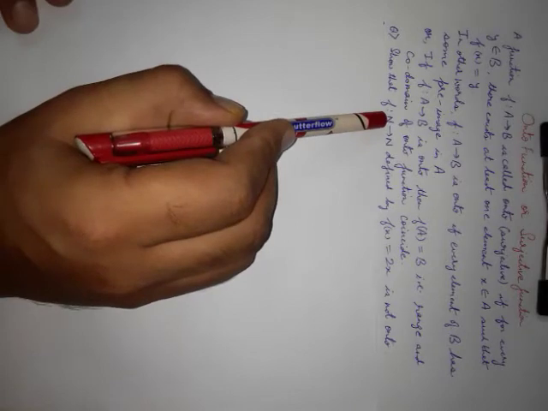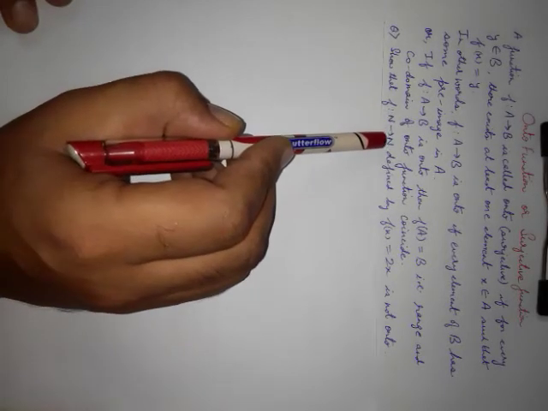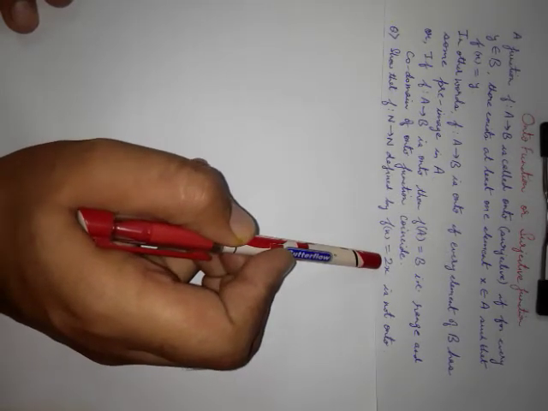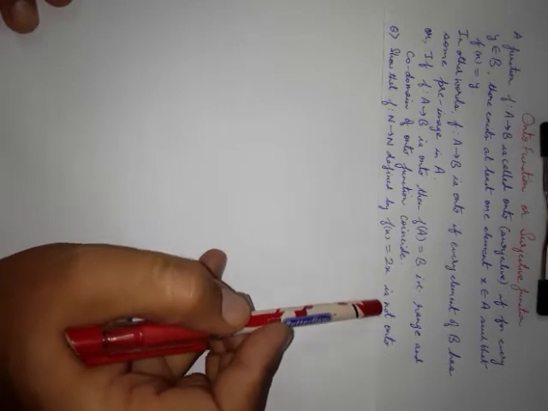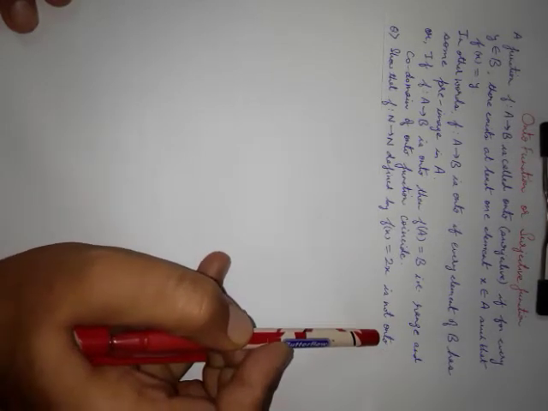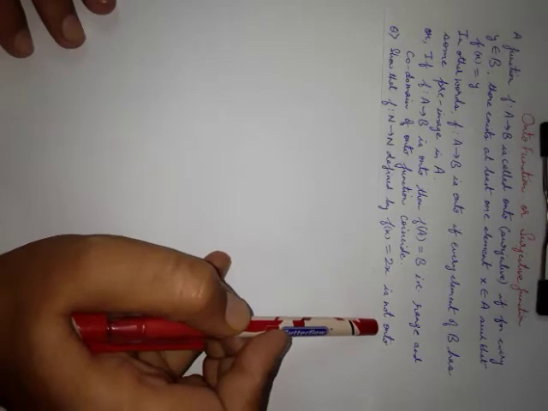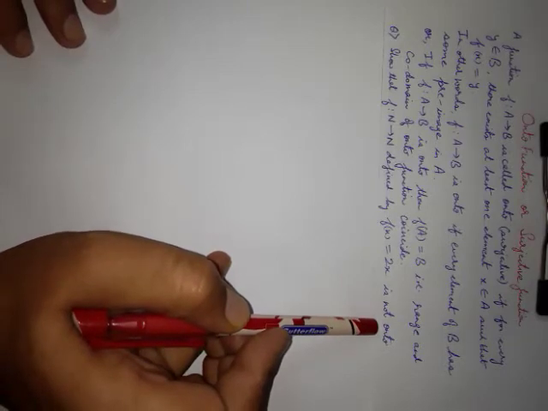Now we will take some examples and check whether they are onto or not. Suppose we take a function from N, the set of natural numbers, to N defined by f of x is equal to 2x, and we want to show that it is not onto. Students, always remember that whenever you have to show that the function is not onto, we have to give some example only.